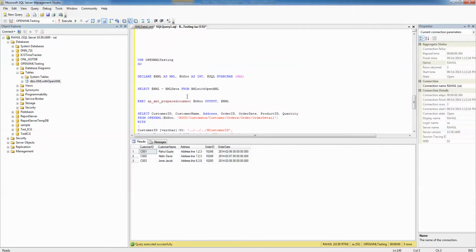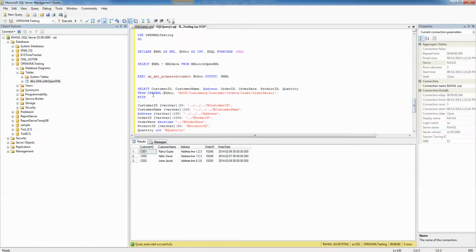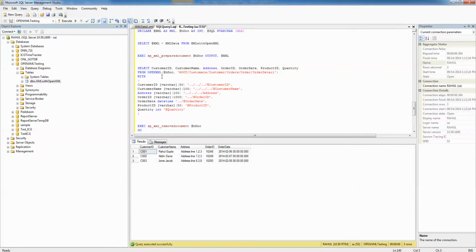Similarly, we are using the OpenXML function to read the data, and the same procedure sp_xml_preparedocument to get the handle to the document from an XML file, and sp_xml_removedocument to clear out the internal cache of the XML file.